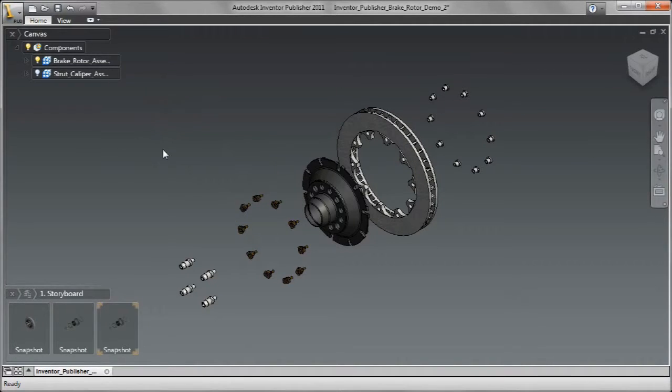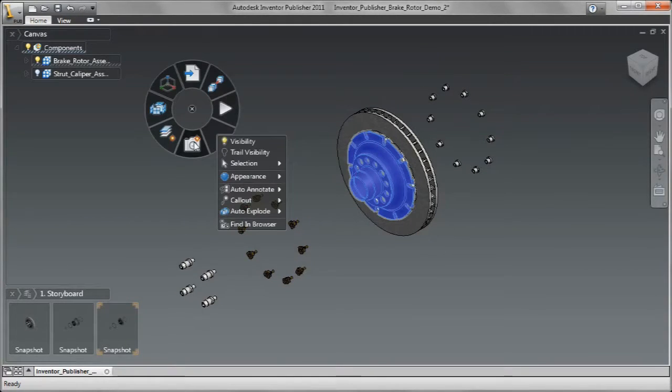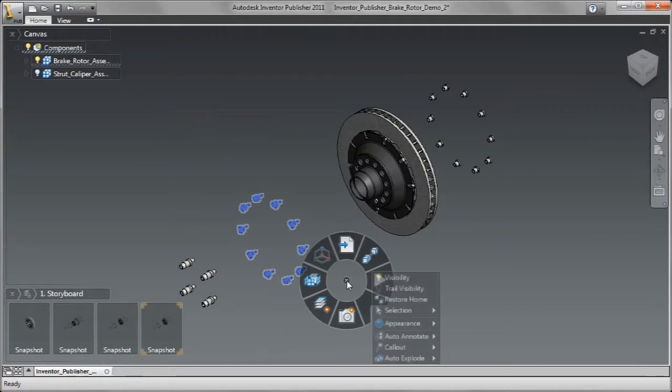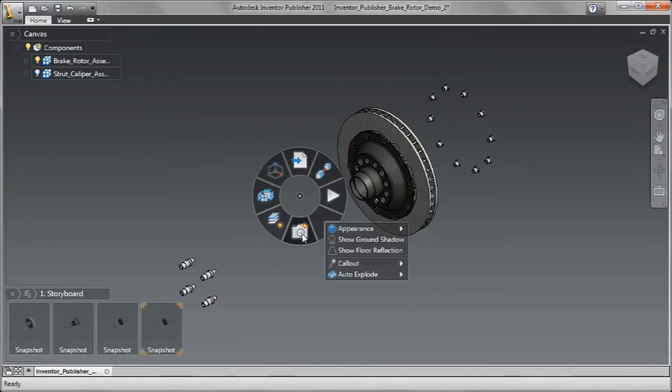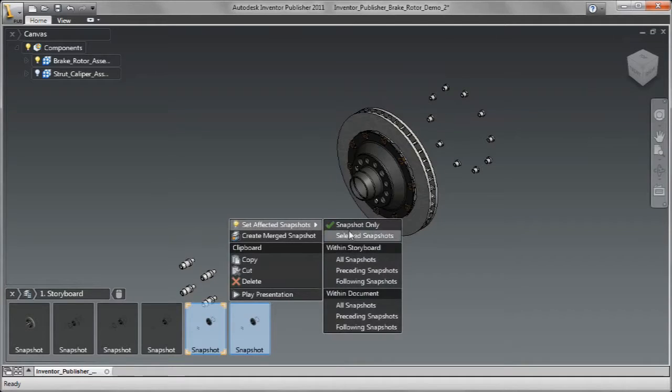Let's go ahead and create a number of different snapshots. Now I'm going to create several snapshots that at each instance are going to designate the assembly sequence of this. So I'll create a new snapshot, right click, use my marking menu, and say restore to home, or send it back to where it was. Again, creating another snapshot, yet another one,